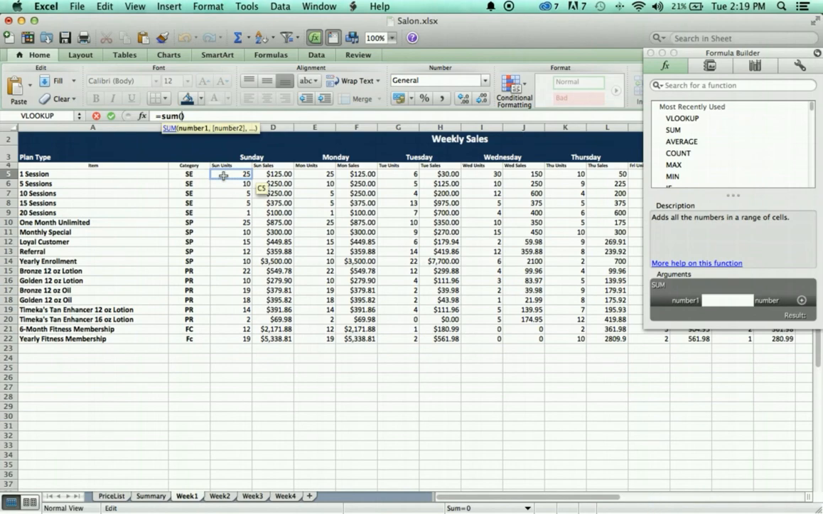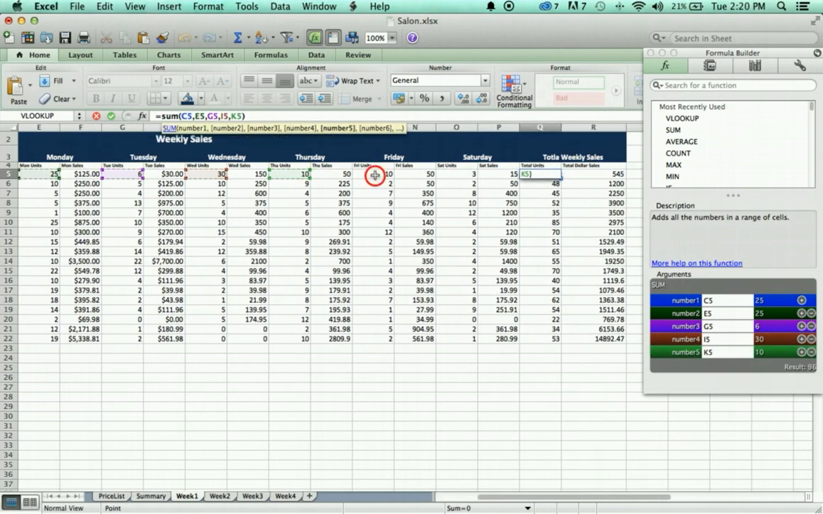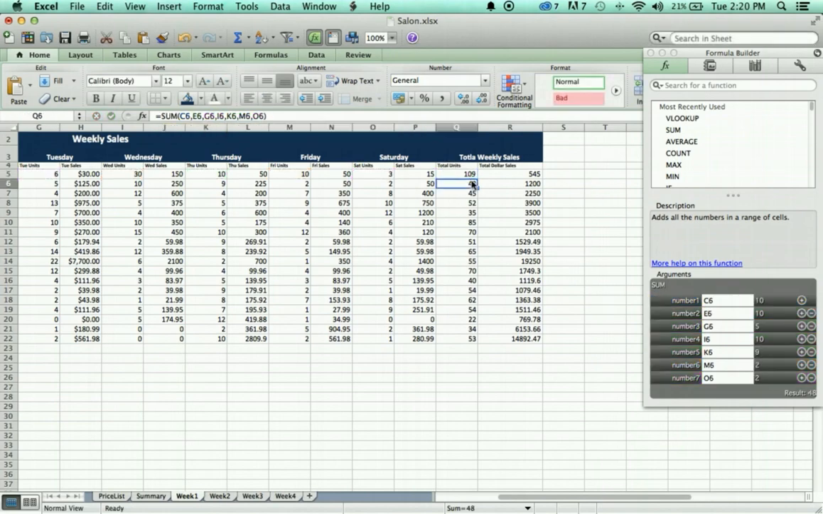So I'm going to hold down Control on a PC or Command on a Mac, and I'm going to select all of my units, and hit Enter. And then you'll see the value for the units, and you can drag that out and it'll copy that formula on down. Same for